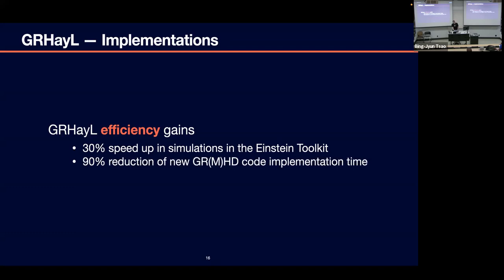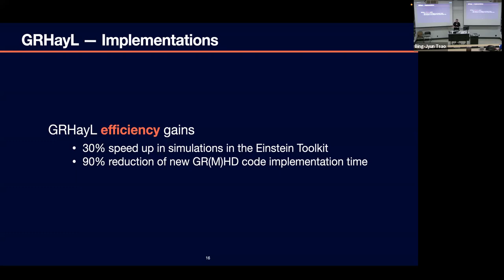But one of the things that we're really proud of, and I'll explain the number, is that we see a 90% reduction in the development of new GRMHD codes, and in the time that it takes to develop these codes. The way we measure this, in a conservative way of saying things, is that it will probably take 1 to 2 years to fully develop a GRMHD code from scratch, for example for the Einstein toolkit, if you want it to be fully validated, go through all of the tests that we normally do, and make sure that everything's working with confidence. That's a reasonable timeline for a student to implement something like this.